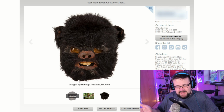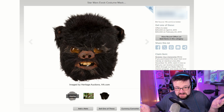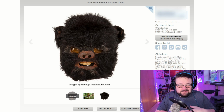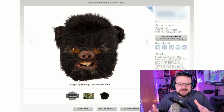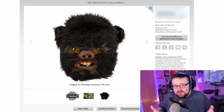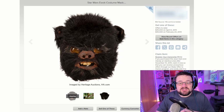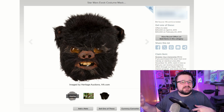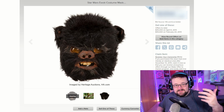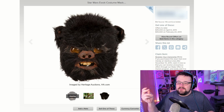Obviously, the people in the costumes, they were a mix of children, and that's where Warwick Davis got one of his big breaks, was playing an Ewok, pretty much started his career. There was plenty of different costumes made. I don't particularly recognize this face, so I don't know if it's one of the main Ewoks or if it's one of the background Ewoks, as crazy as that might sound. But how much do we think this went for? Again, are we pricing it as more expensive than a video game, less expensive than a model? Probably going to be somewhere in between. 3, 2, 1...